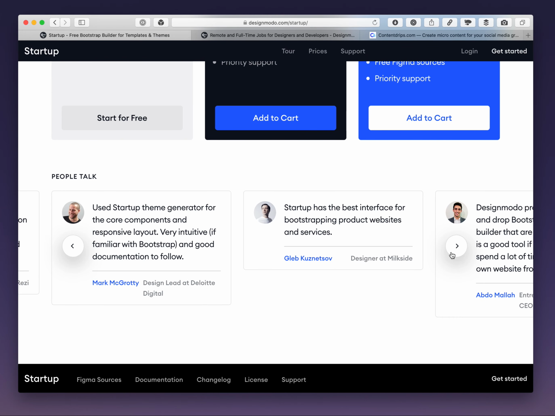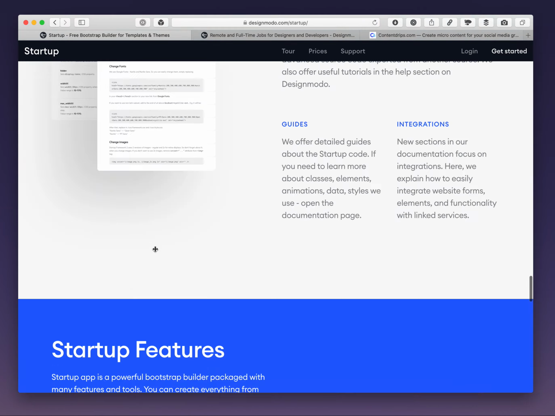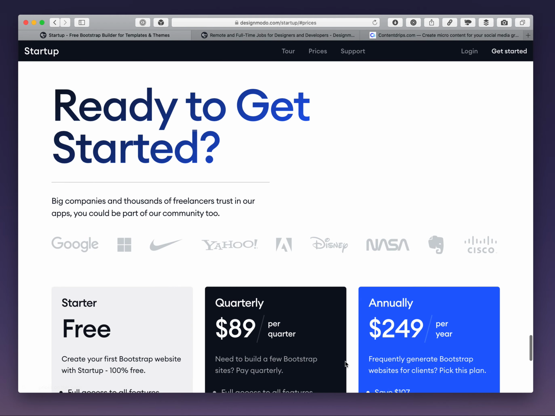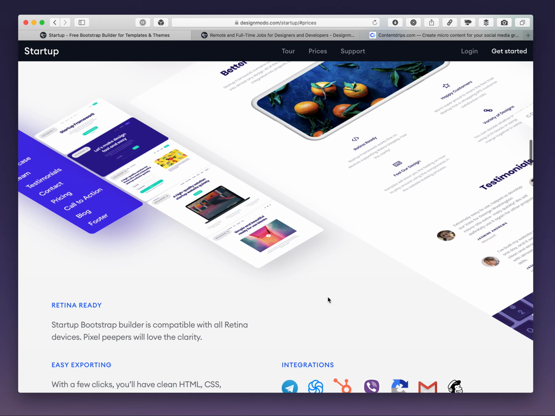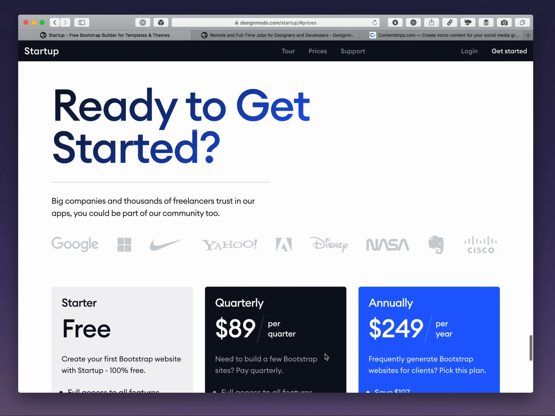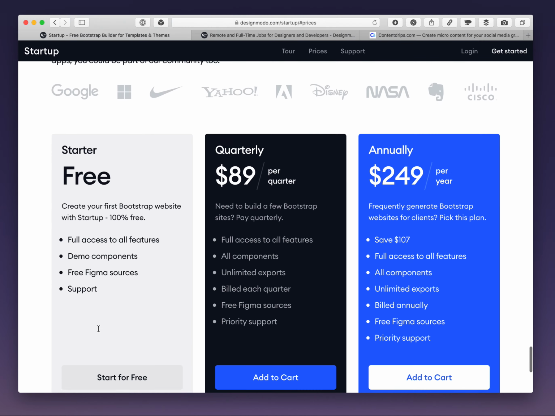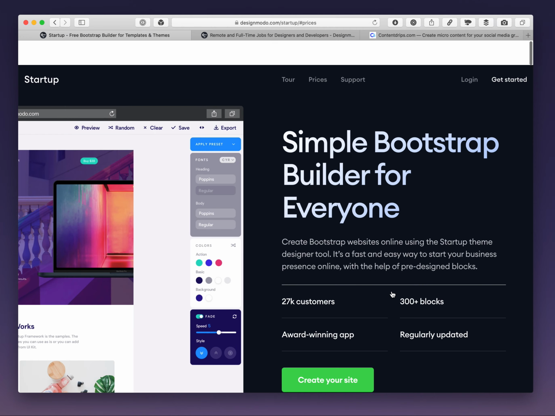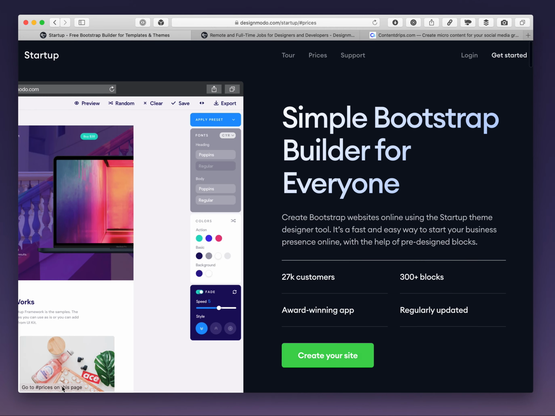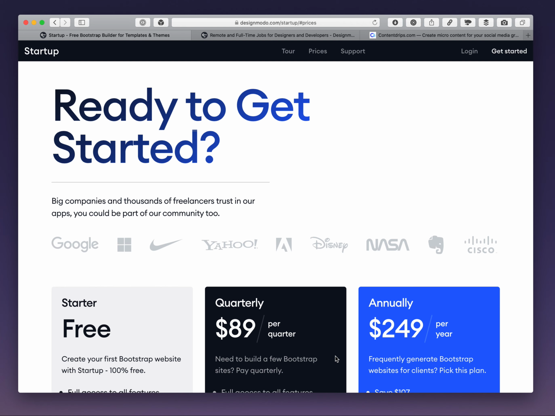Okay, this is kind of interesting. But I think I can use the site or use the builder. Wait. This is weird. I guess you're jumping to prices. But then here I don't see any way to go to the next step because my screen is a little